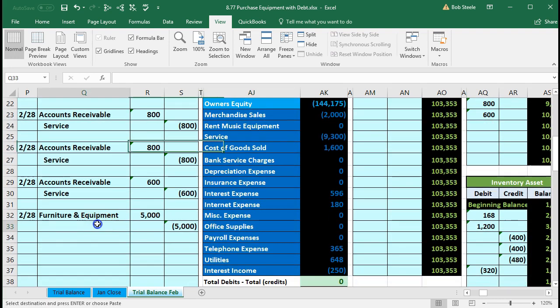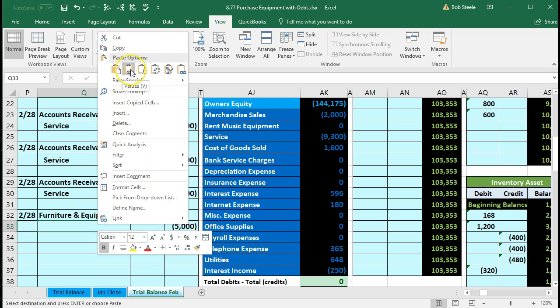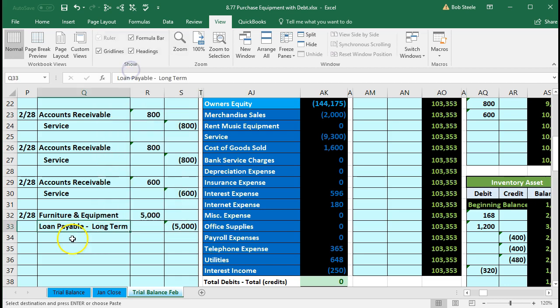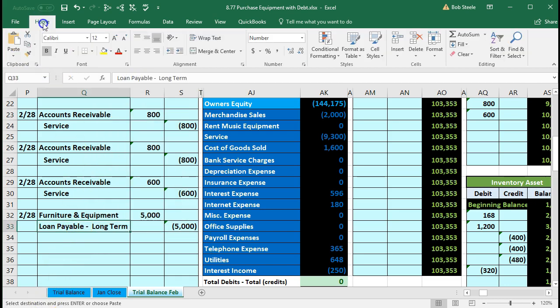And that will be then the credit. That's going to be in Q33, right-clicking and pasting 1, 2, 3. We'll then format this by selecting this item and going into the Home tab. We're going to go to the Alignment group and increase the indentation. We have now journalized the journal entry, and we will go through the process of posting the journal entry to